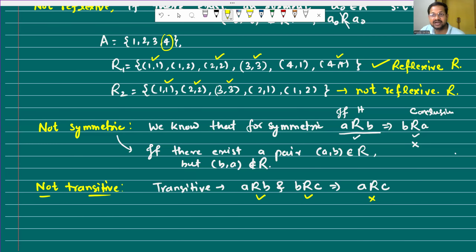ठीक, तो ये दोनों कंडीशन जब फुलफिल हो बट ये कंडीशन ना फुलफिल हो, लास्ट वन कंक्लूजन है, हाइपोथेसिस तो है। तो अगर हमारे पास रिलेशन ट्रांजिटिव है तो हाइपोथेसिस अगर एग्जिस्ट करती है तो कंक्लूजन होगा ही होगा, that is the definition for the transitive relation। ओके, तो अगर हमारे पास हाइपोथेसिस है बट कंक्लूजन नहीं आ रहा, इसका मतलब वो रिलेशन ट्रांजिटिव नहीं है। ठीक है, तो this is the only way to check non-transitivity। अदरवाइज, अगर ये दो हाइपोथेसिस ही नहीं है, तो कंक्लूजन की हम बात ही नहीं कर सकते, and in that case the relation will be transitive। For non-transitivity, we check that if the hypothesis exists but the conclusion is not what we are getting, in that case we say the relation is not transitive।